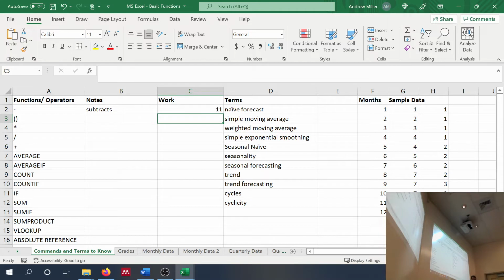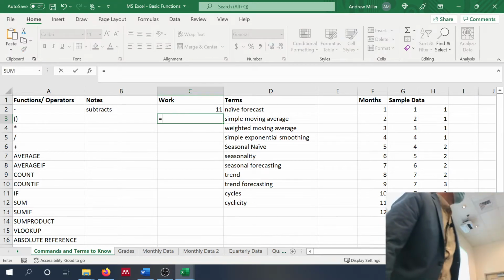So parentheses in Excel do exactly that. They change the order of operations. So if we wanted something to take place in an order it would not normally take place, we could put that part in parentheses and have it take place earlier, correct? So that's going to be useful. So let's go ahead and see an example of that. Someone throw me a number.